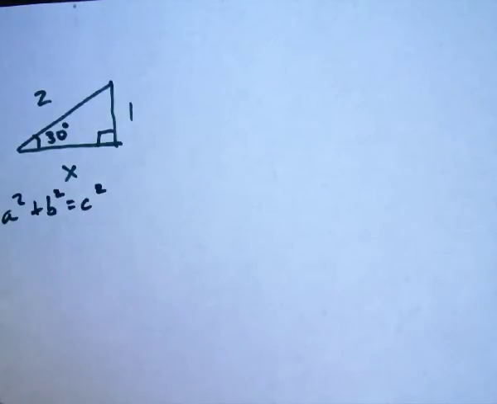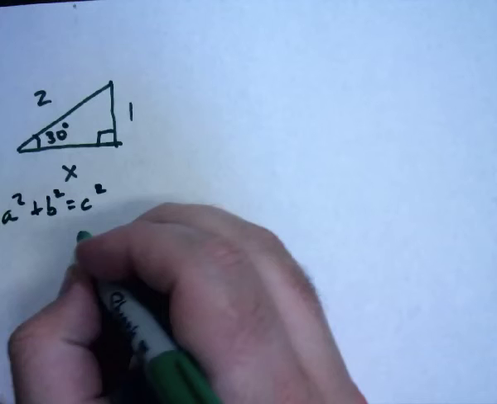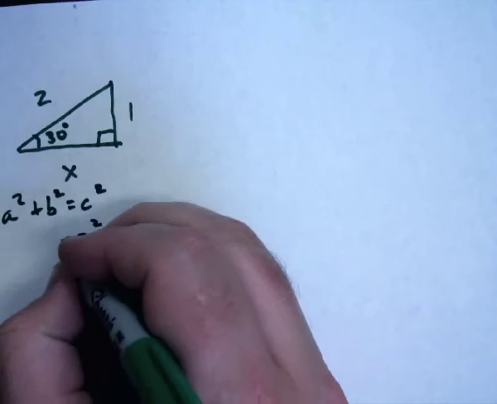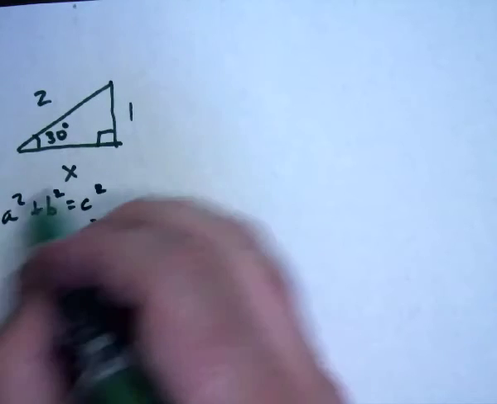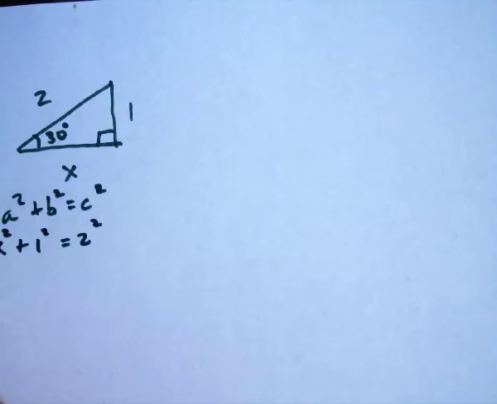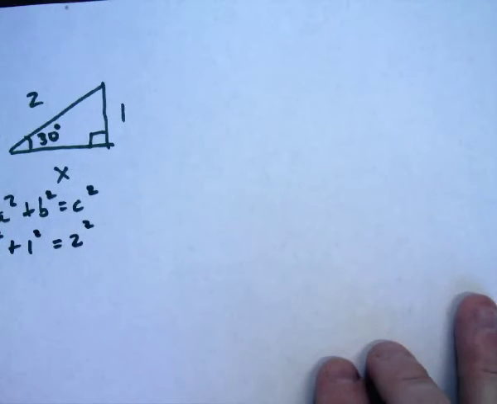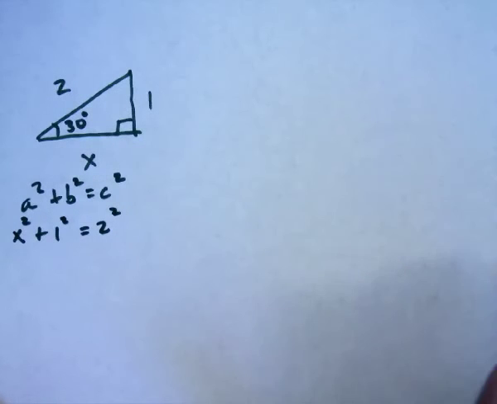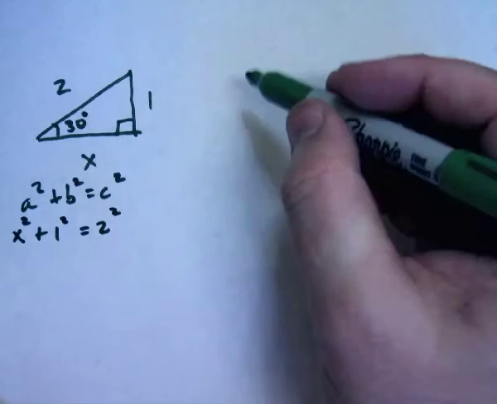Where we don't care really what a and b are, but c needs to be the longest side, which in this case is 2, so it would be 2 squared equals, we'll call x a, so that's x squared plus 1 squared. Oops. So you can totally do it that way. In fact, I think it's pretty easy. However, there is another way,